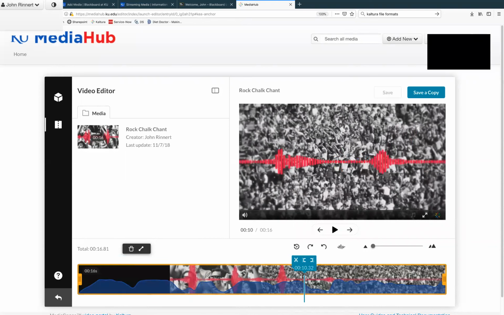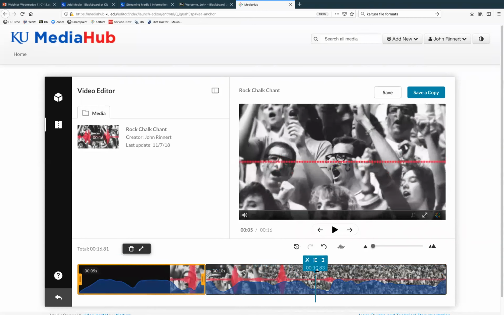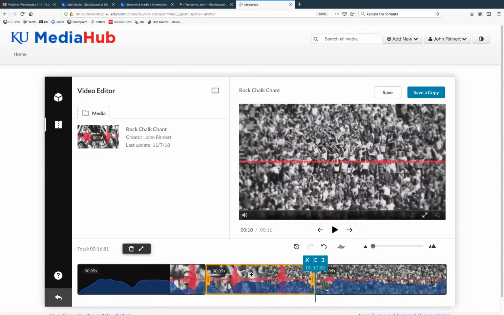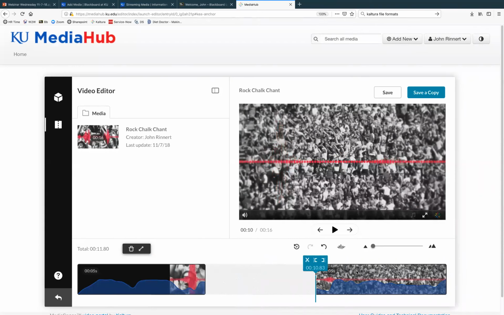Or I can, with the scissors, make a split here, and make a split here, and I can say, hey, I don't want this part anymore. I'm just going to hit delete. It's going to go away. And actually now if I hit save right now, this will collapse, and this will only be minus this content. So I'll only have a 10-second video instead of a 17-second video.